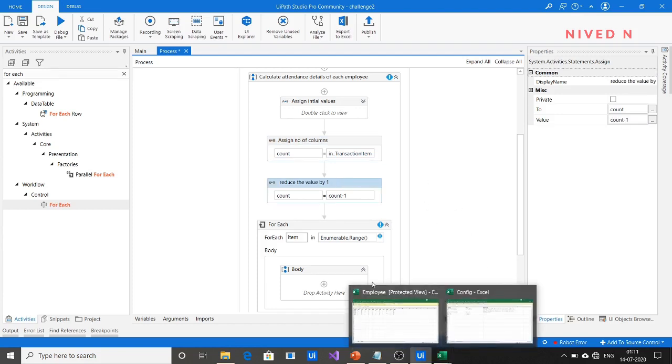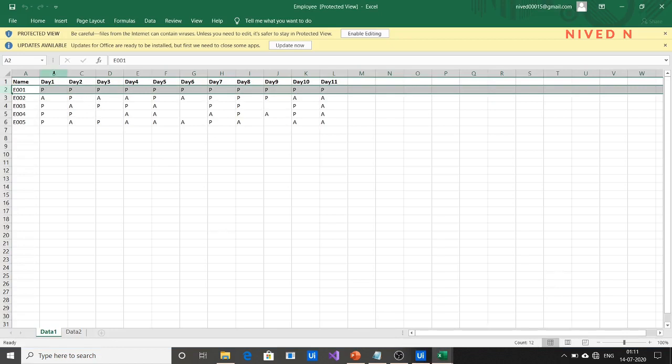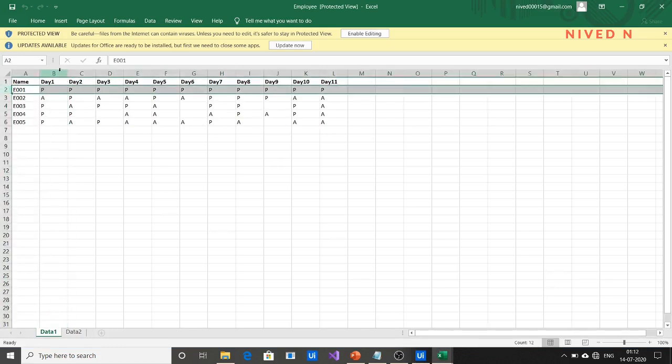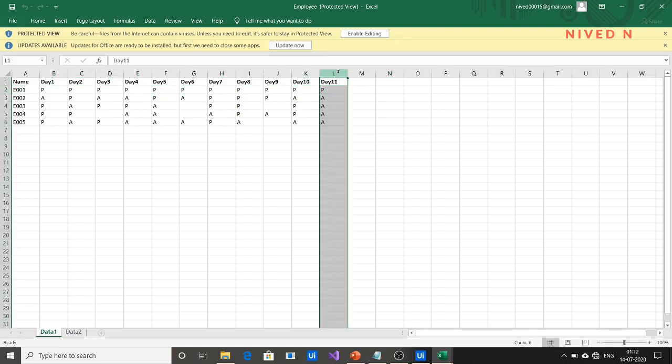So the attendance details for each employee are entered from column 1, continuing up to column 11, the last column.